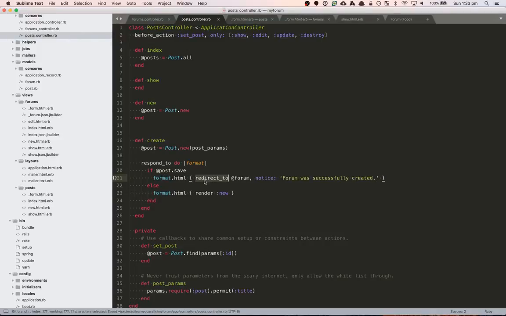What it's saying is call some method that takes a thing and do that. Redirect to some instance of a class and set some key notice to be some value, forum was successfully created. Hopefully this is a little bit obvious what it might be trying to do, but the long story short is if the post is saved successfully, Rails will tell the browser to go to,